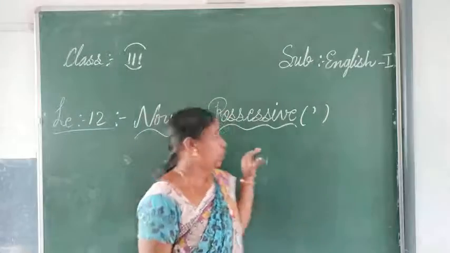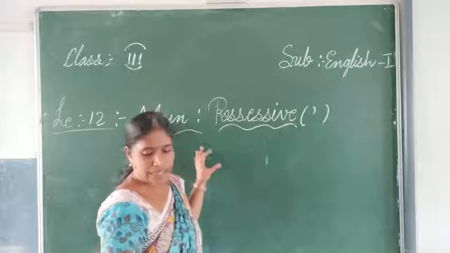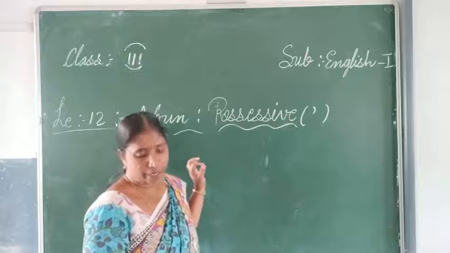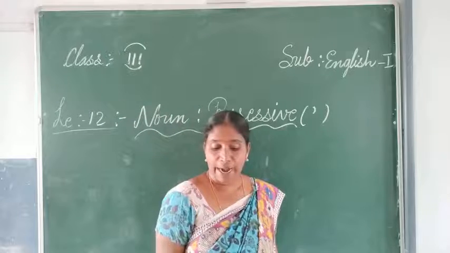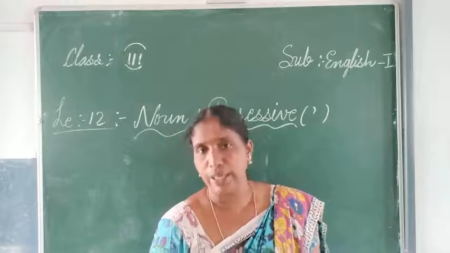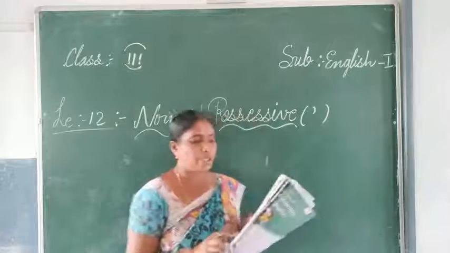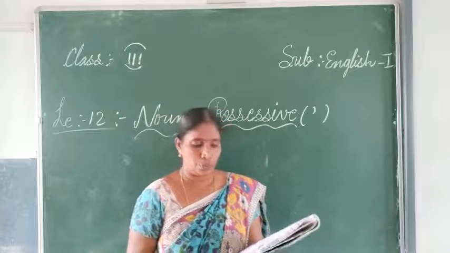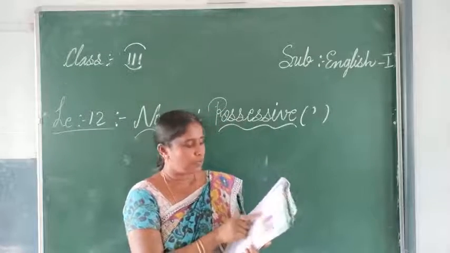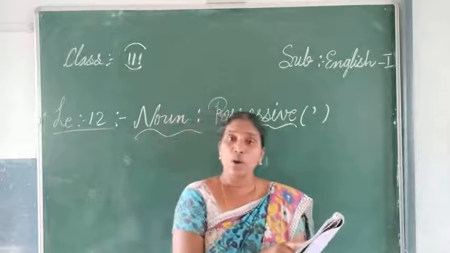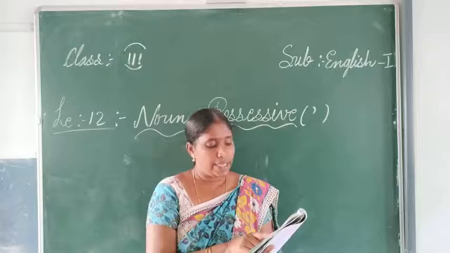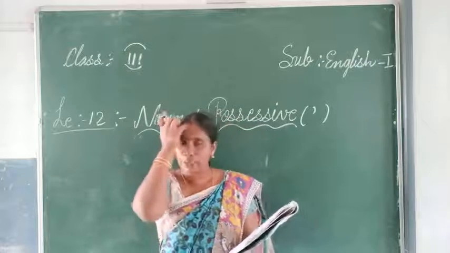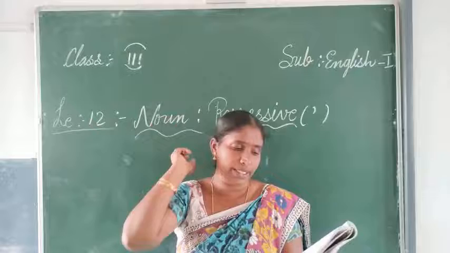Before going to know what is noun possessive, they have given some sentences. We will read them out. Rita is an untidy girl. Look at her room. They have given the picture. If you see page number 29, look at the picture. Rita's room. It is written on the top of the picture. Rita's room is so untidy. Rita is an untidy girl, means she is an untidy girl. Look at her room. Means we can see how she has kept her things.